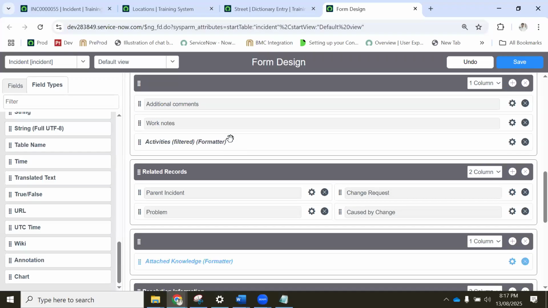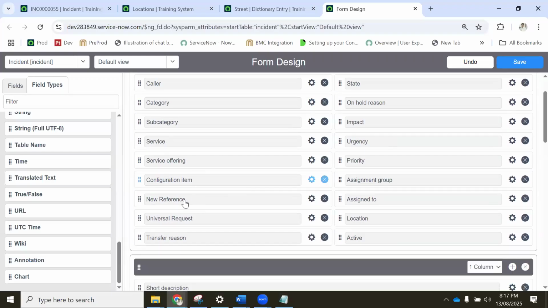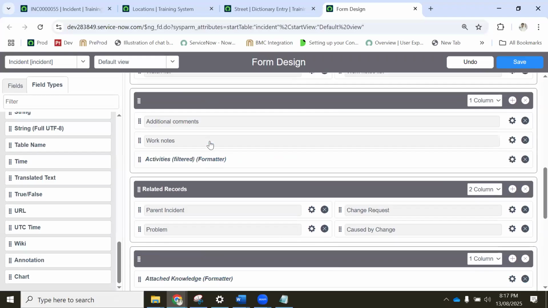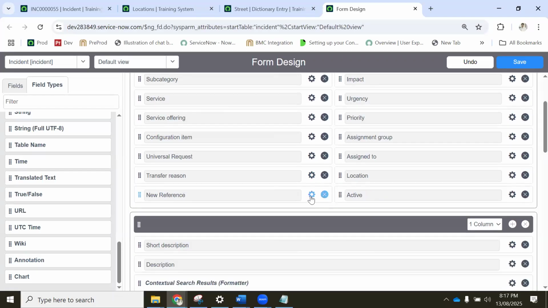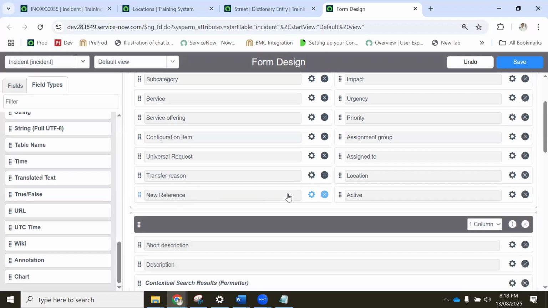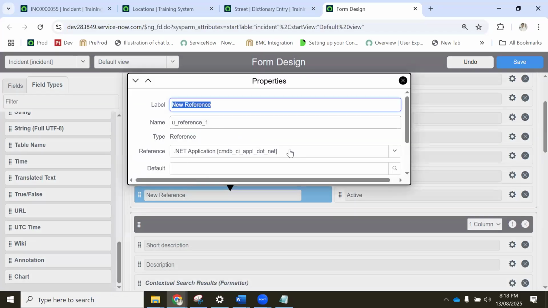So let's put it here. I will come back, wait. So this is the new reference. It automatically took something, a configuration item or something, correct? When I give the new reference,